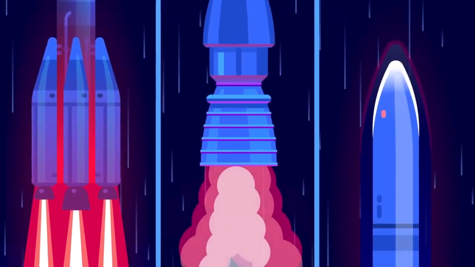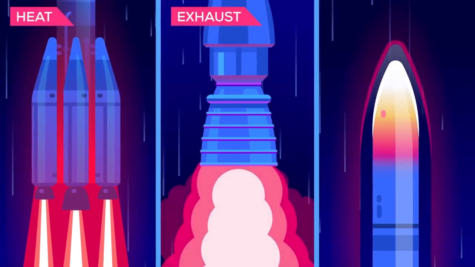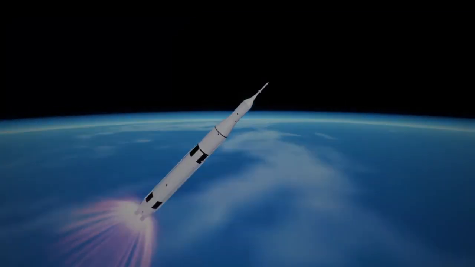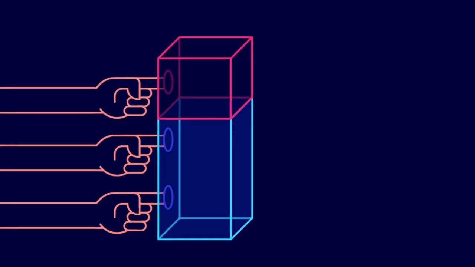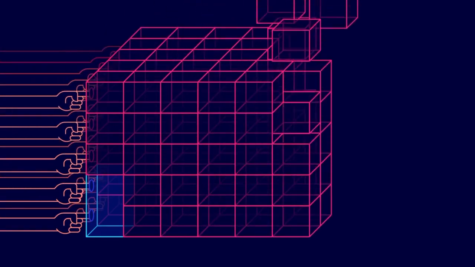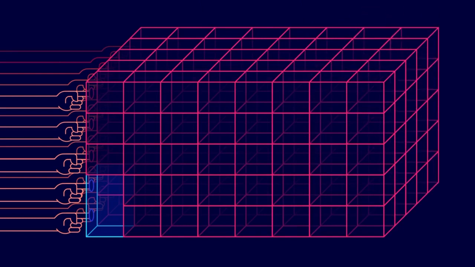When you burn fuel to get into orbit, you lose lots of energy to heat, the exhaust and atmospheric drag, so you actually need much more. But if you need more fuel, that means you need more rocket to carry that fuel. But this makes your rocket heavier, thus requiring more fuel, which requires more rocket to carry that new fuel, and so on. At the end of this madness, you need closer to 100 times the weight of your payload to